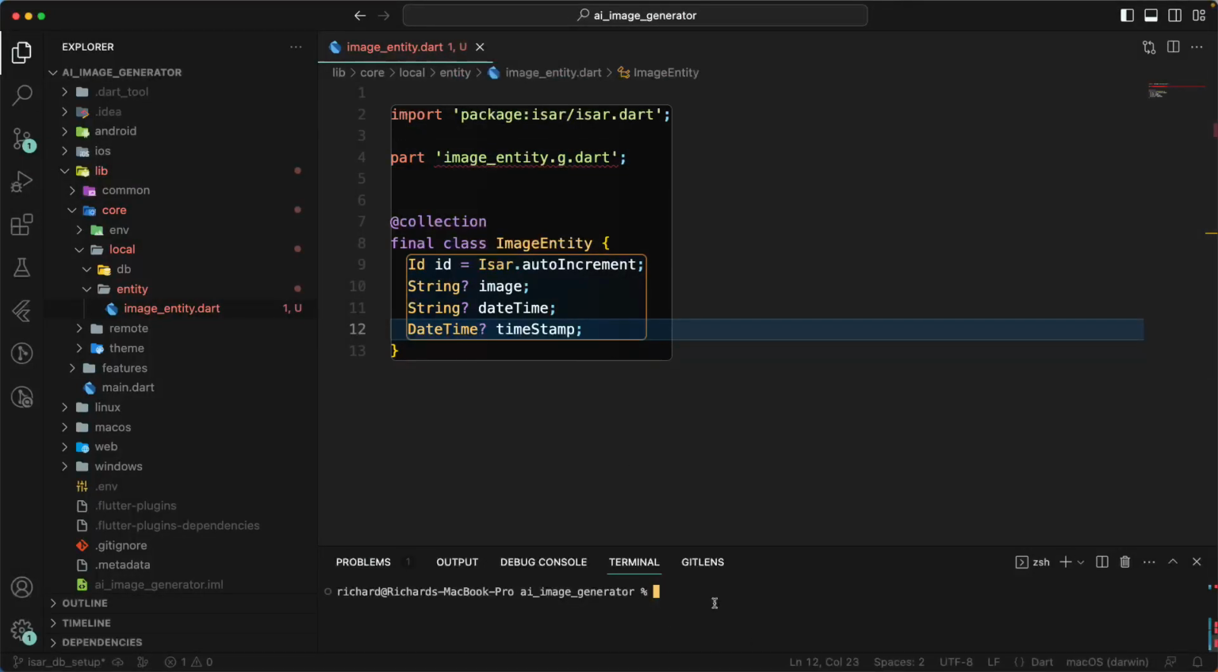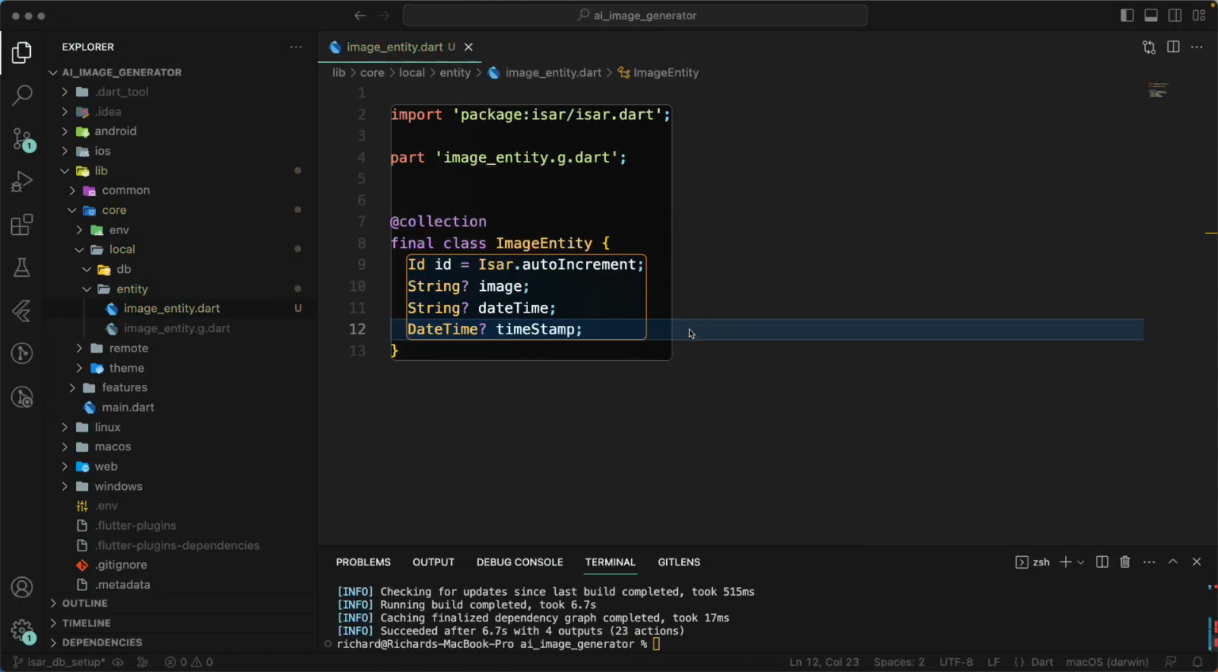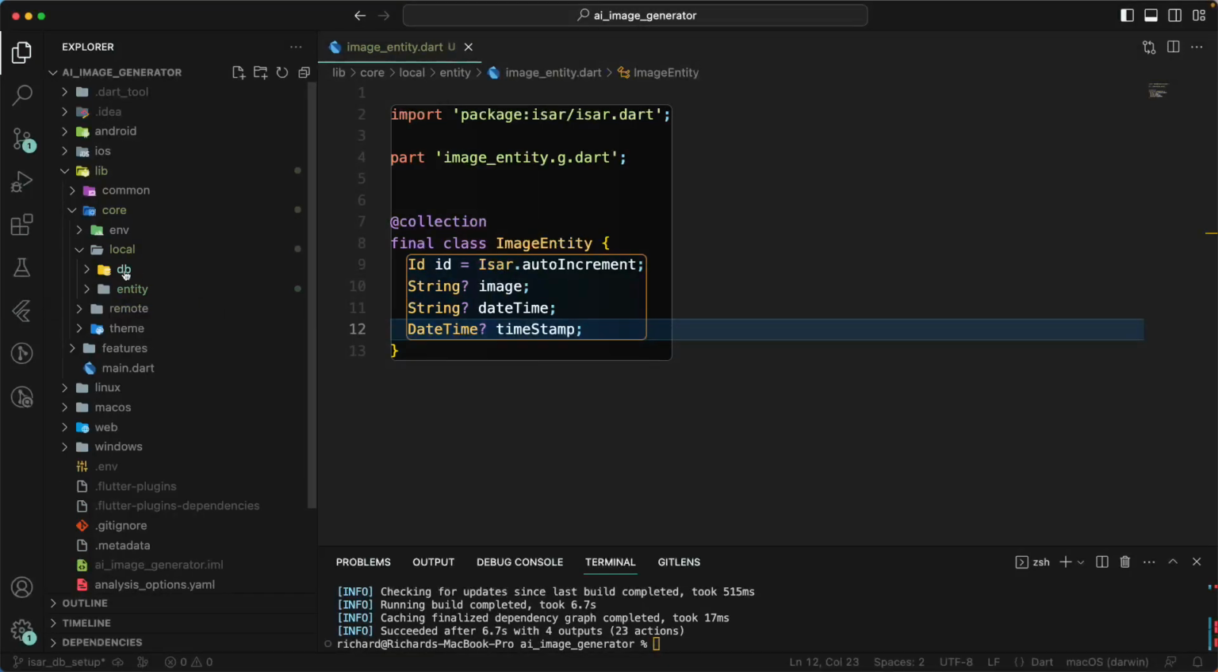So let's go and run flutter pub run build_runner build, and let's go and generate it. And once we have generated this particular file, let's go to the DB over here and let's create the new